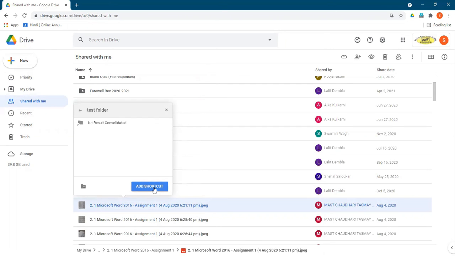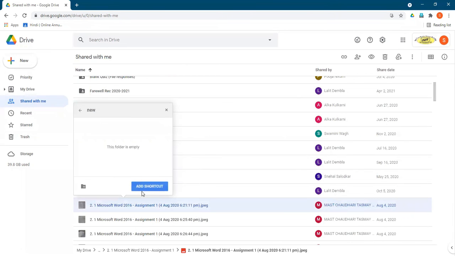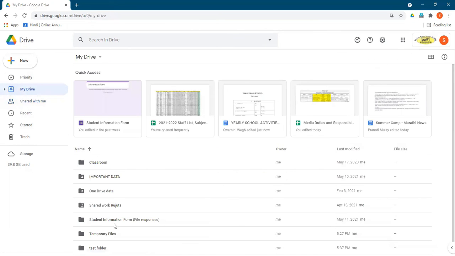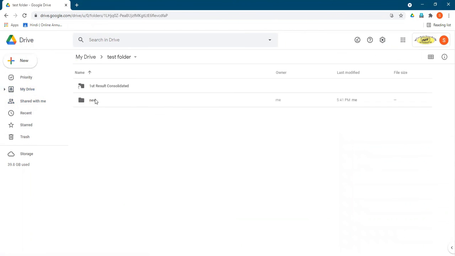If I want to create another folder here, there is a possibility: I can click here and say New, give it a name, new folder, click the tick and click on Add shortcut. Now see what happens. I go to My Drive, I go to the test folder, and you see that the new folder I had created is here, and inside that is the file which I have shared.